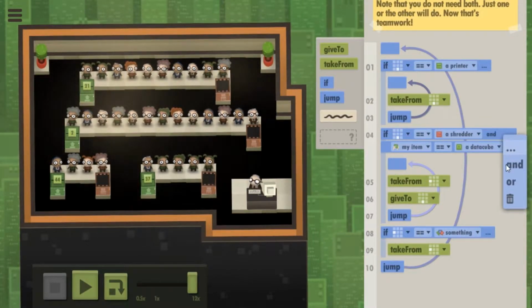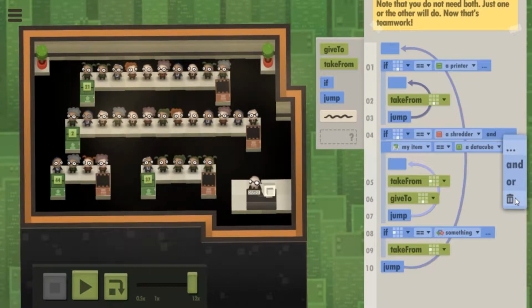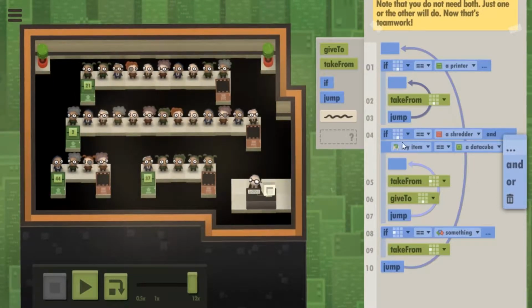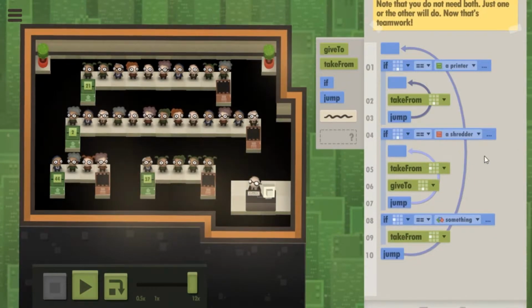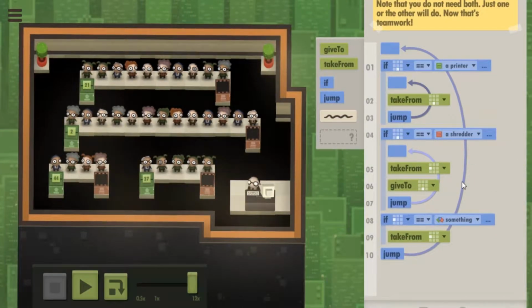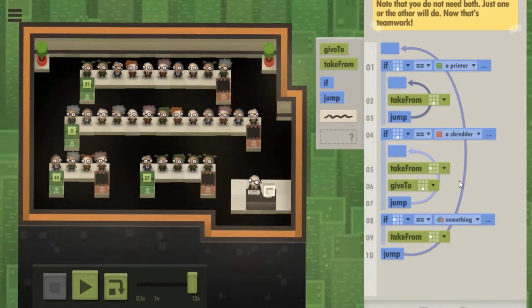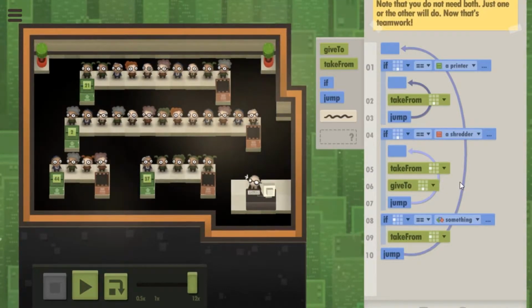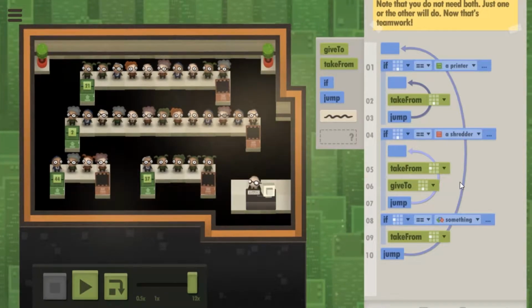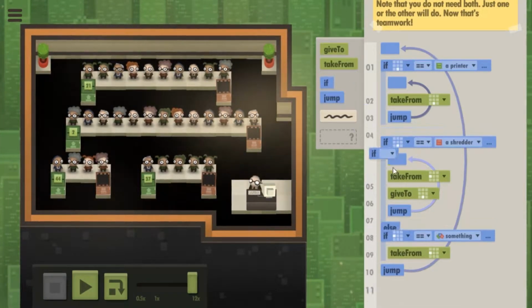Unfortunately, it's not easy to... Oh, yeah. Because if I take that away, it's going to do it the opposite, because it gets rid of the first line, not the second line. Oh, no, that time I got rid of the second line. However, the other times I got rid of the first one. Remember, if you give to a shredder while you aren't holding anything, you suffer a mild case of death. Yes. So this is not another one I definitely need to fix.